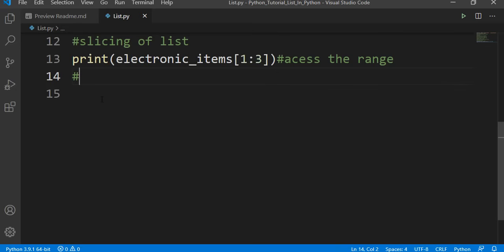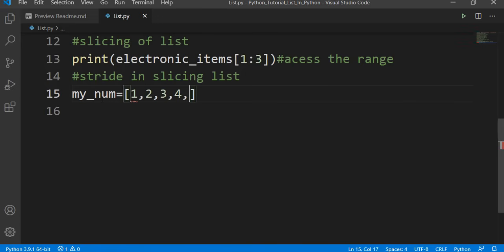Now let's understand one more parameter, stride, in slicing of a list. So what is this stride? To understand that better, let us create one long list. Suppose I create my numbers and I give 1, 2, 3, 4, 5, 6, 7, 8, 9 and 10. So these are the items I have in my list.